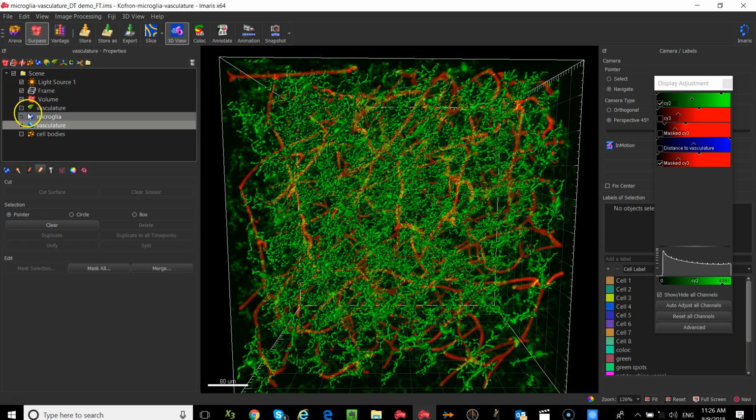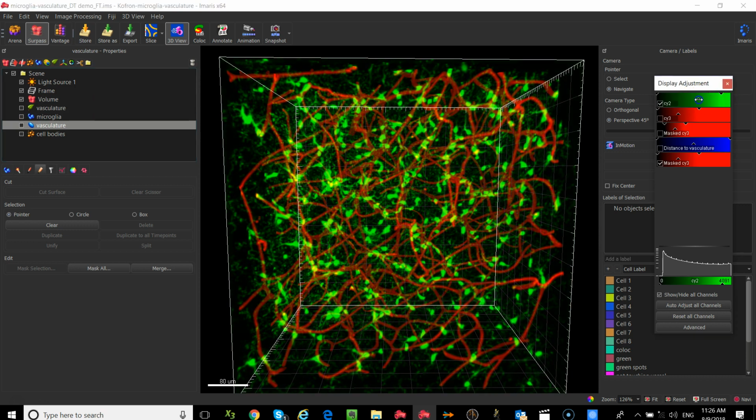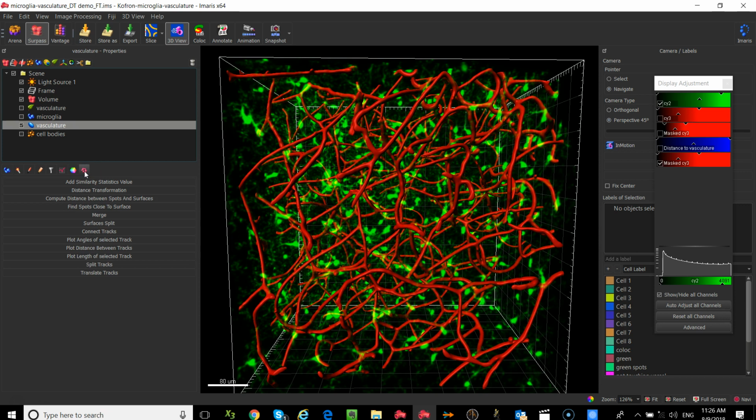Now, one thing I want to show you is that if we wanted to see all of those microglia that were interacting with the blood vessels, we can do something called a distance transformation. A distance transform is the way for you to calculate a 3D distance map so you can measure structures in reference to something else. If I have my blood vessel as my reference, I go into this little gear icon at the end, called our Tools tab, and there's an option in there called Distance Transformation. And that will create a new channel that stores